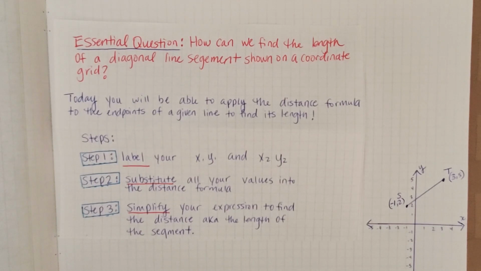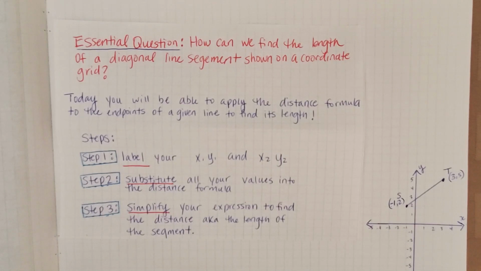Our essential question is how can we find the length of a diagonal line segment shown on a coordinate grid? Today, you'll be able to apply something called the distance formula to the endpoints of a given line to find